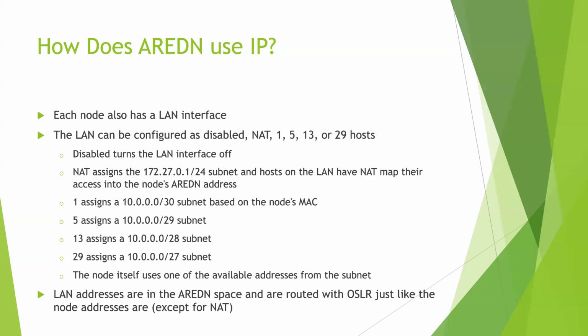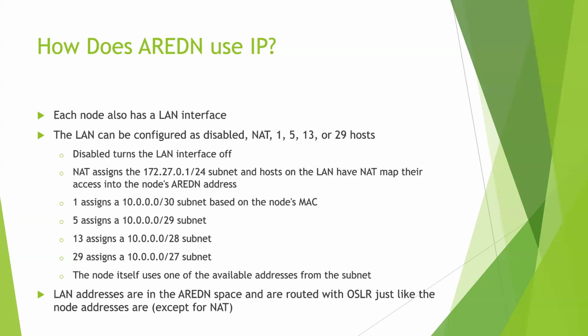Right. Okay. If you're using 1, 5, 13, or 29, those hosts on the LAN are on the mesh, and any of those LAN hosts can talk to any other host. There is a knob you can flip to disable that if you want to. You can not propagate those LAN ports. There's a checkbox. Do not propagate basically says don't let that outside of my network.